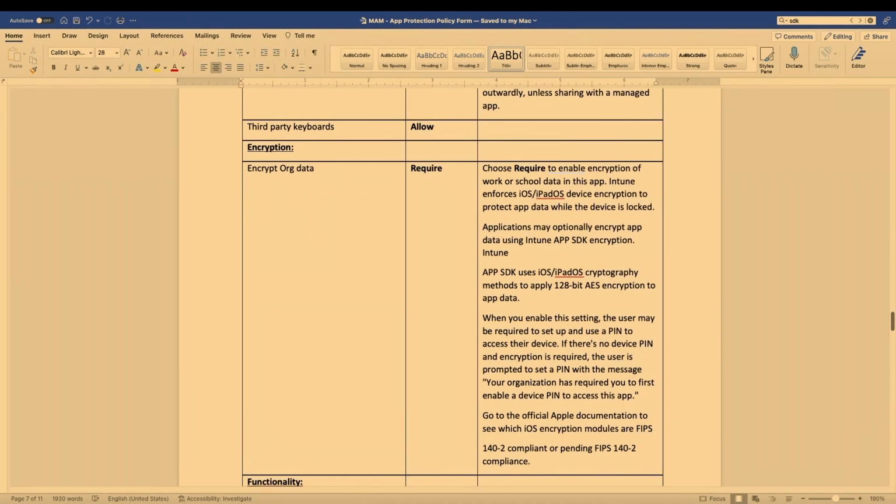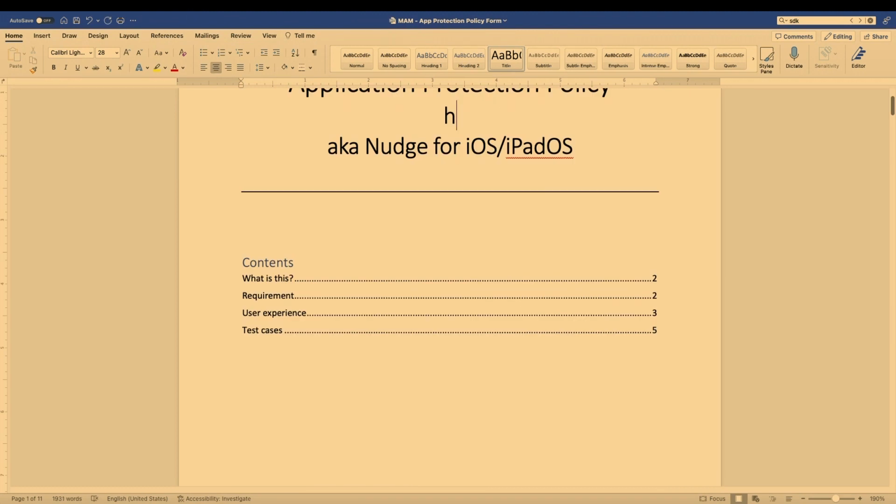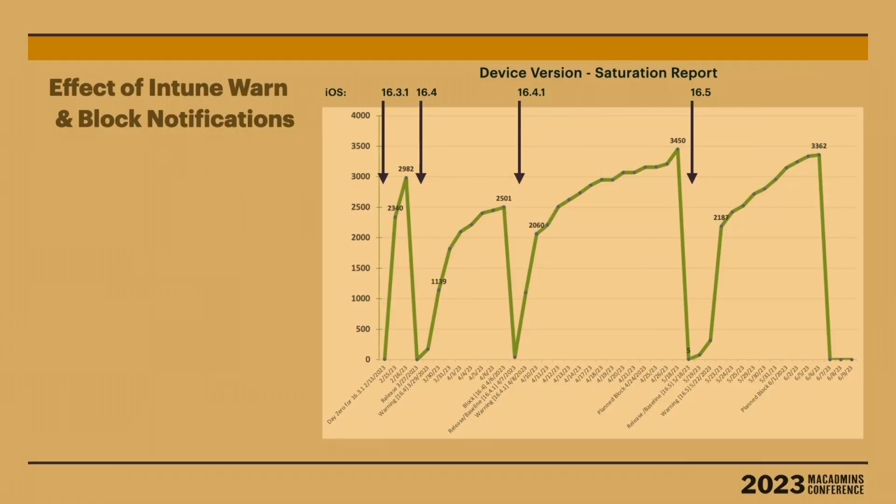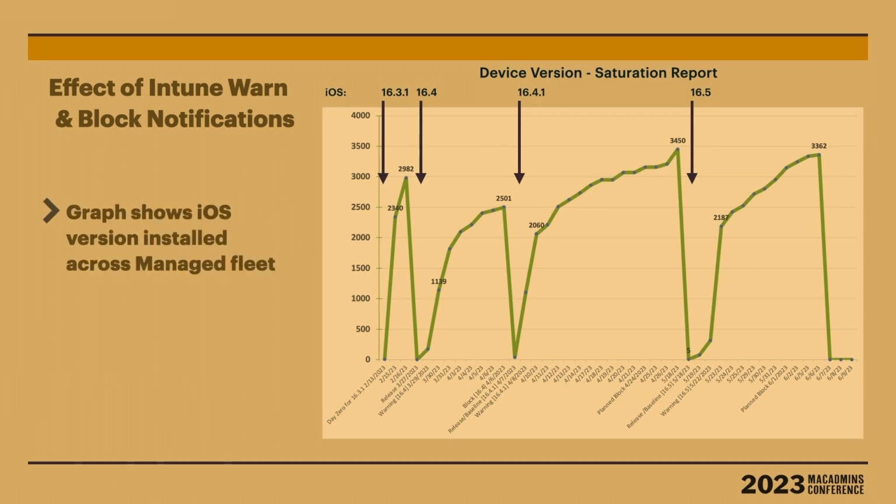Let's go back to the keynote. So, the effect of Intune warn and block notifications. This graph shows iOS version installed across our managed fleet. This is the only data that we were able to take metrics on. The unmanaged devices, I'm still trying to figure out how to get that info out of the Intune console. This gave us a good smell test, if you will. There was a 0 day for 16.3.1. We put the warning in place, and